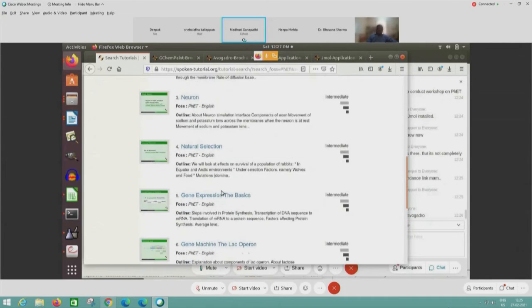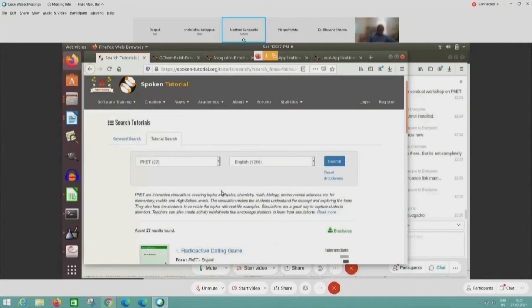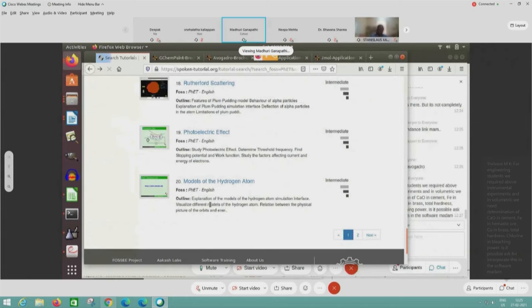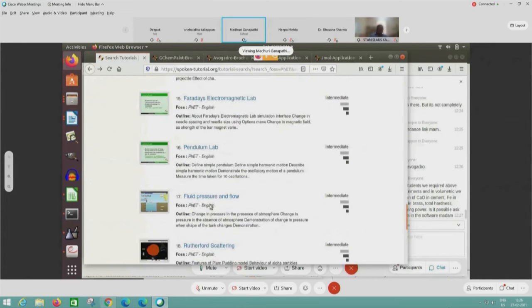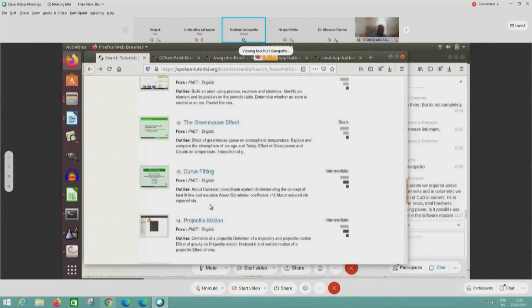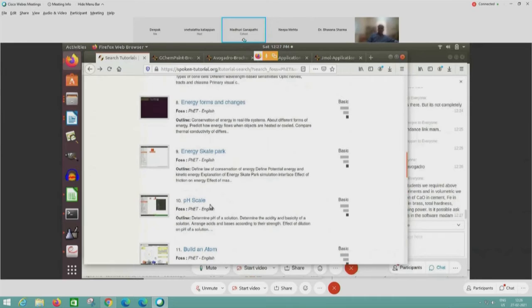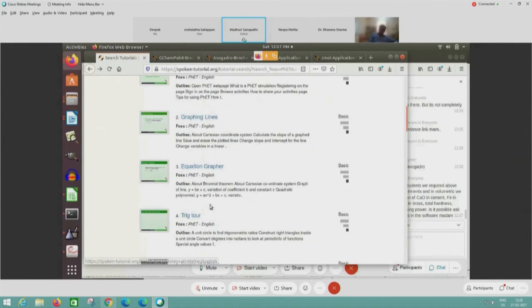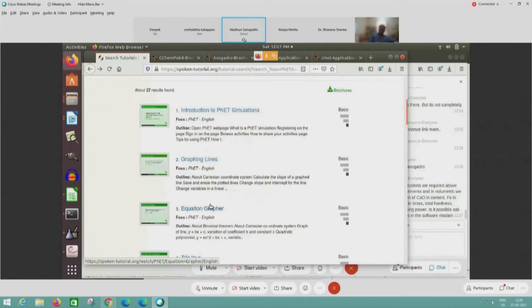So it is available for all. And a very important feature about FET is that it is used for lower classes also. Class 5 onwards we can do, like when you open the FET website, we have got FET simulations for simple addition of numbers also. Very good, small things are available on the FET website.